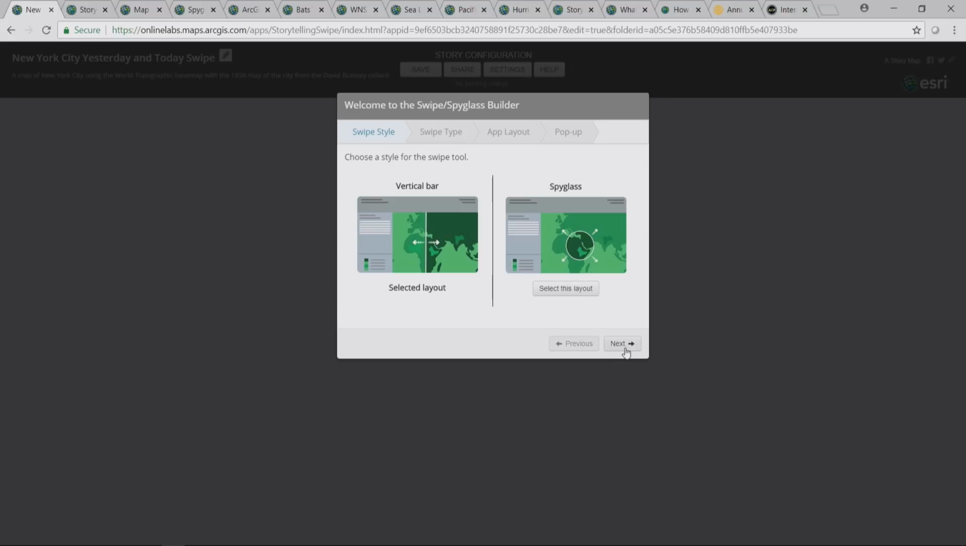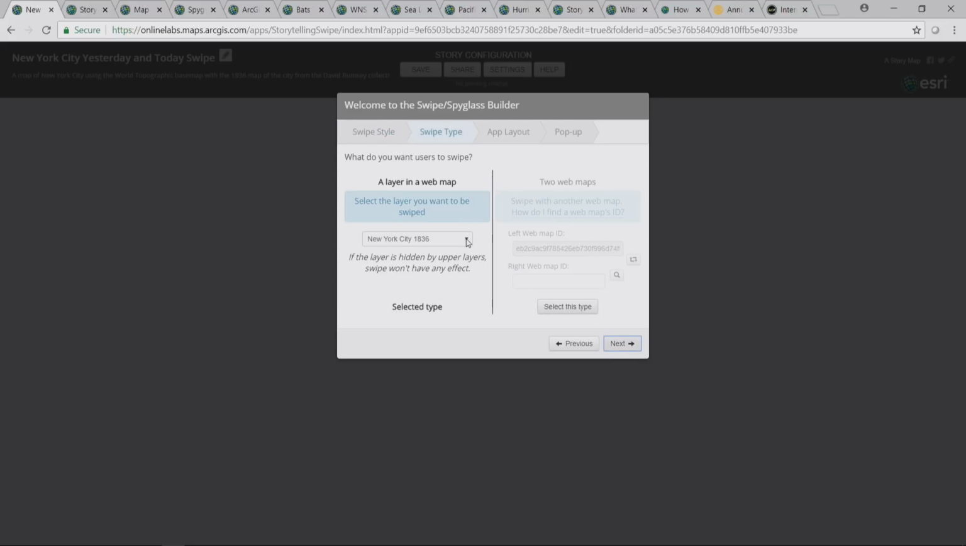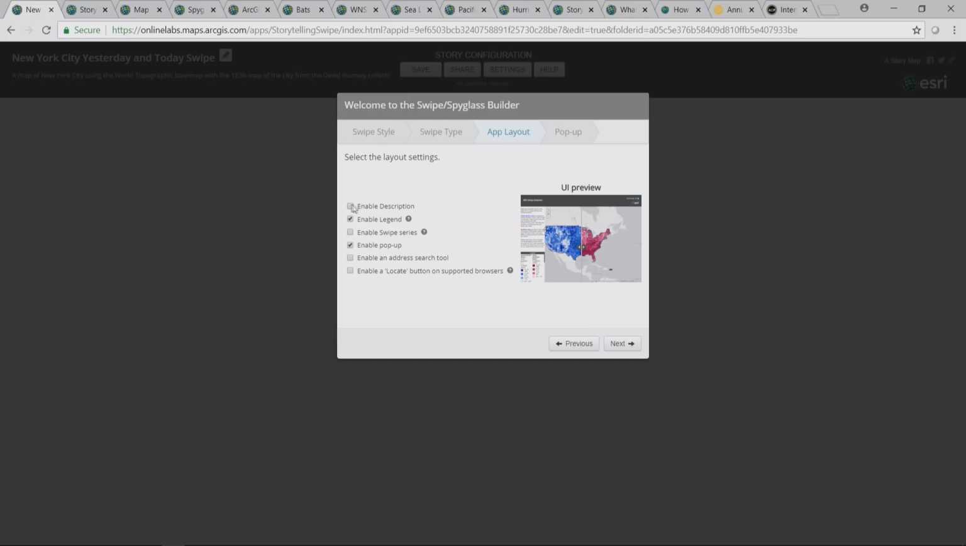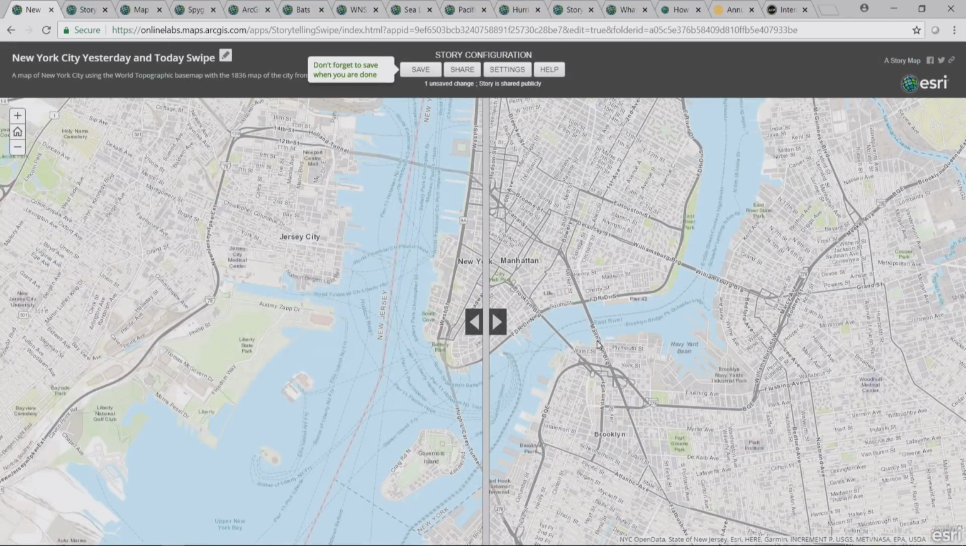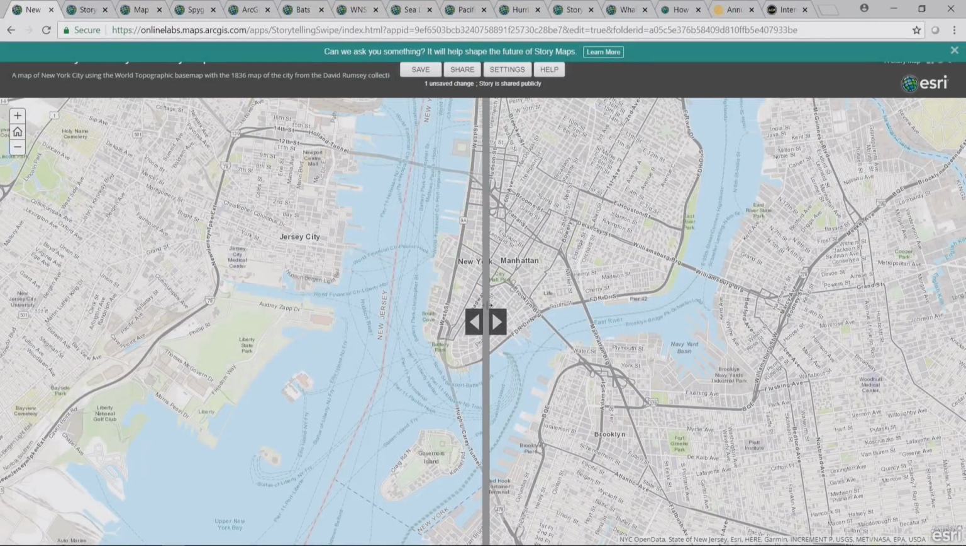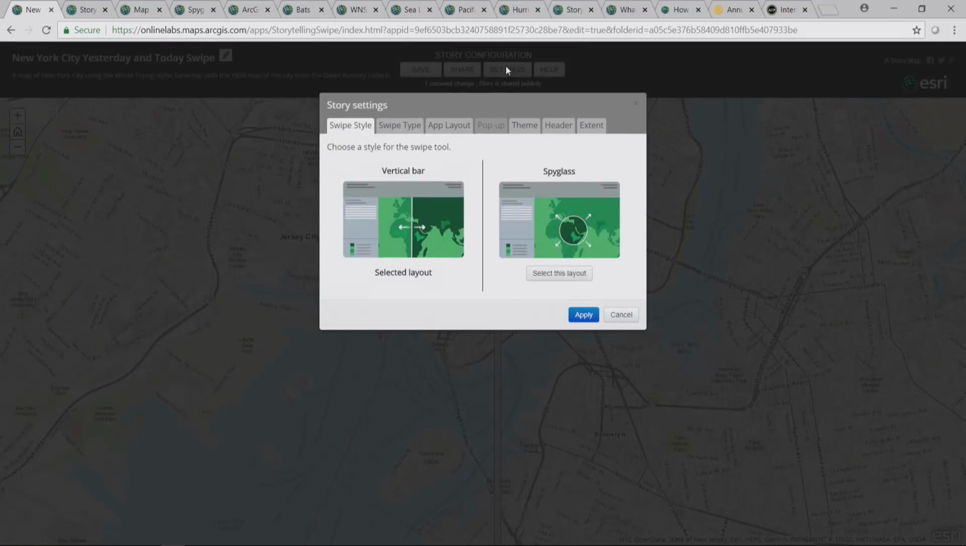Default layout is vertical bar. I'll say yes. I've only got one layer in my map, and it's already figured out that that's the layer that I might want to swipe. Click Next. There's no description, no legend, no pop-ups. Let's open the app. So 3 clicks, something like that. I've gone ahead and I've created a great story map, which, hang on, which I forgot to,